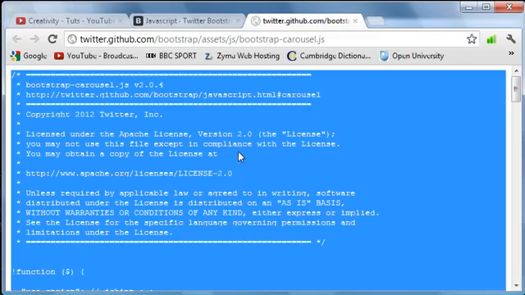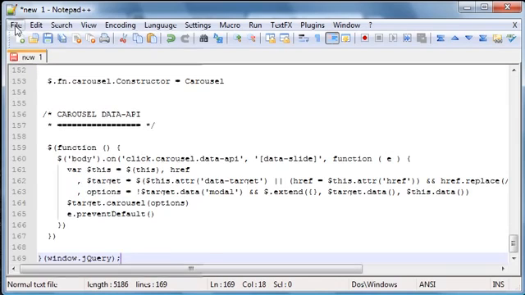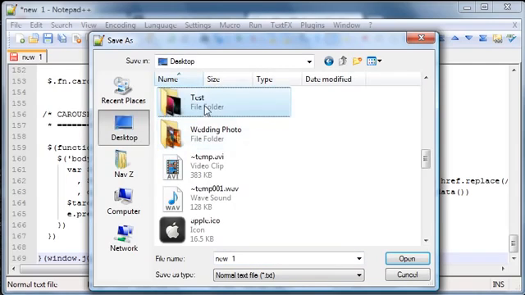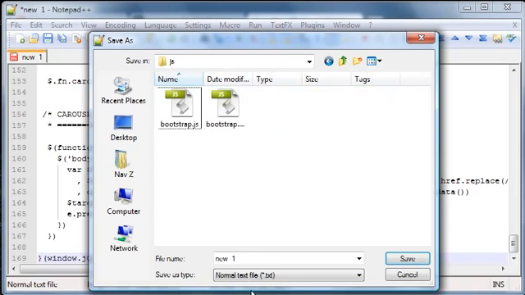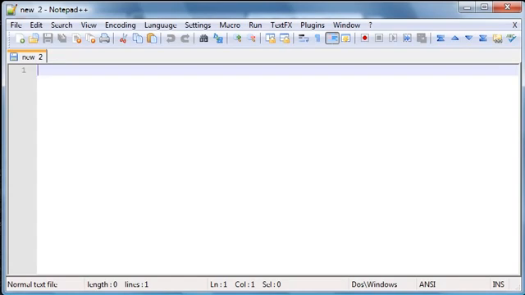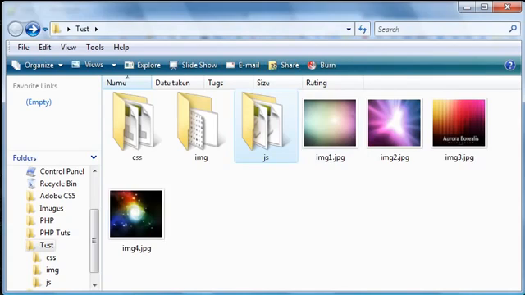Press Control A to select all and Control C to copy, go to Notepad++ and paste it there, then File, Save As, and I will save it in my test folder, in the JS folder which I downloaded with the Bootstrap. I will name it carousel.js. Okay, so after we downloaded our Bootstrap and carousel.js, which we saved in the JS folder, we can start creating our